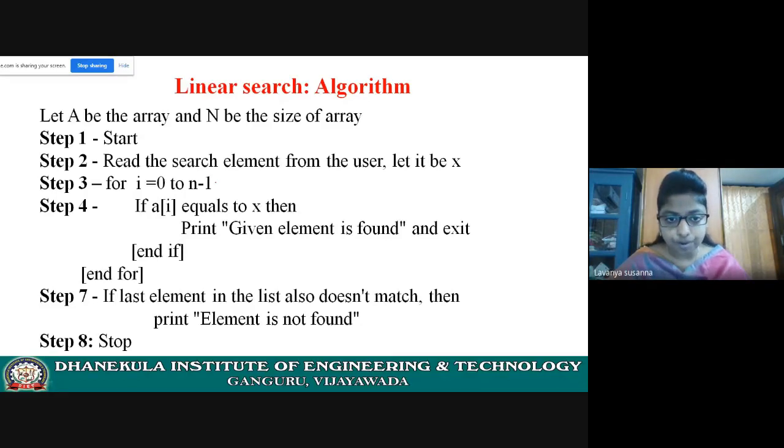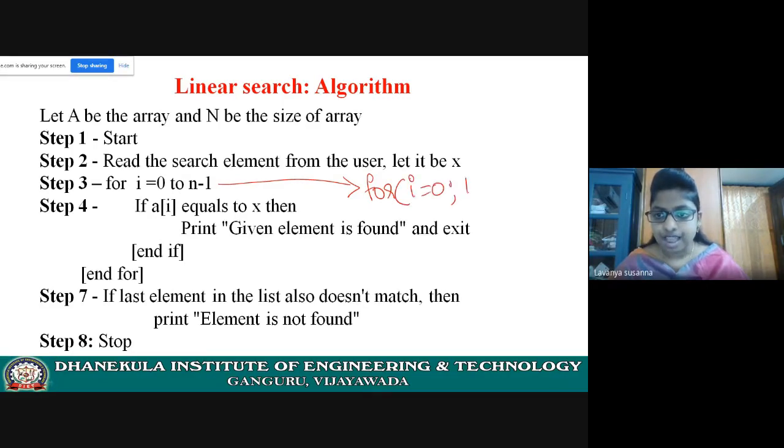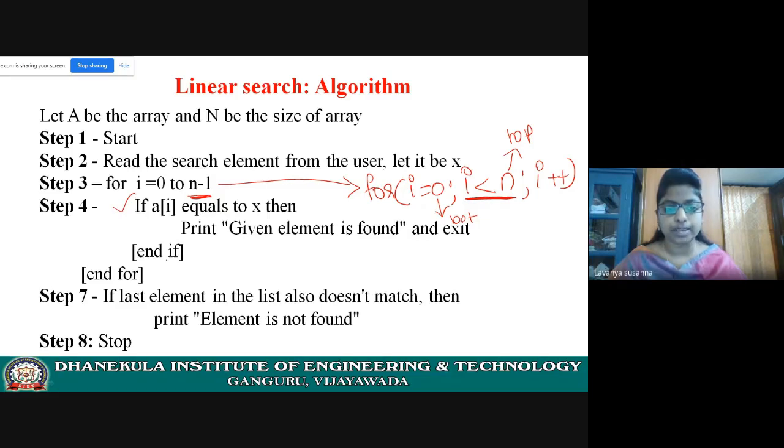See here, in a programming language, this statement is written in this way: i equal to 0, i less than n. Up to n minus 1 means less than n only, right? i plus plus. Now this is the condition. For this condition, I have given a formula, right? Here, the top index is n and the bottom index is 0. I hope you understood. Now you can easily solve it. These are the statements inside the for loop. Try to solve it.